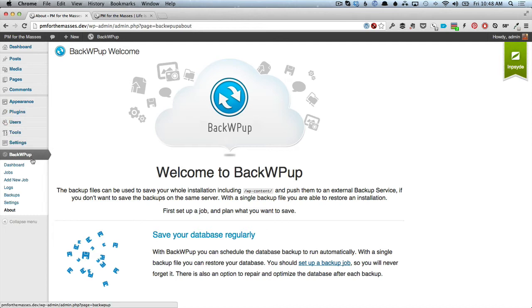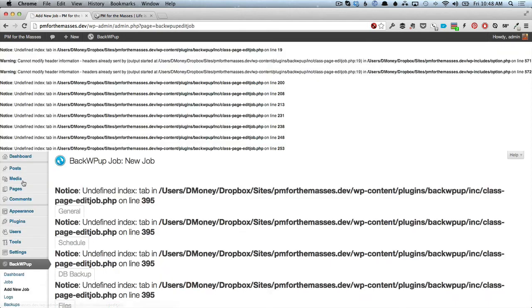If you look over here on the left-hand side, we've got this whole other menu item area that wasn't there before. It gives us the settings and the changes that we can make when it comes to WordPress. I want to show you real quickly how to add a new job. Once again, there's a couple ways to do this, but if you just add a new job, and a job is it